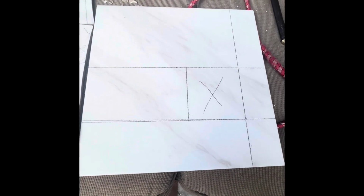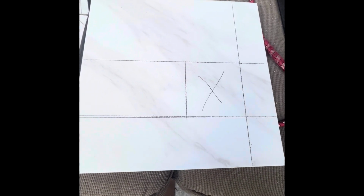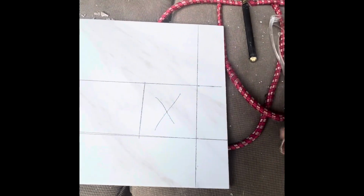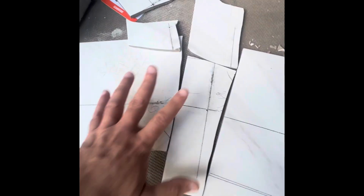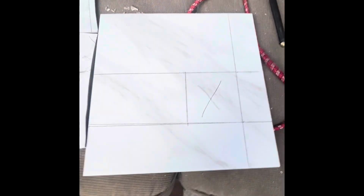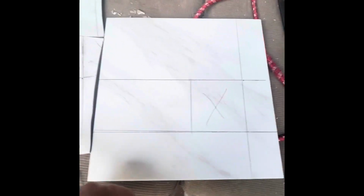As I always do, I'm sharing with you my ups and downs through the project, whether I did it right or wrong or something failed. So anyway, that's my first attempt. I want to cut this square in the middle of the tile. This is where the faucet goes. So I had the first one here,